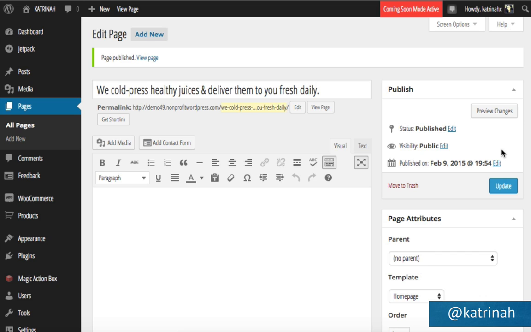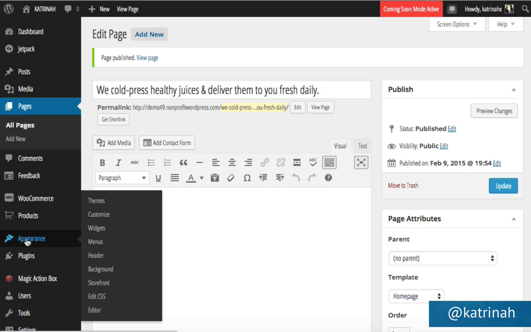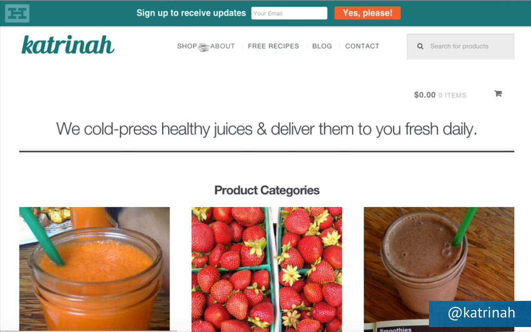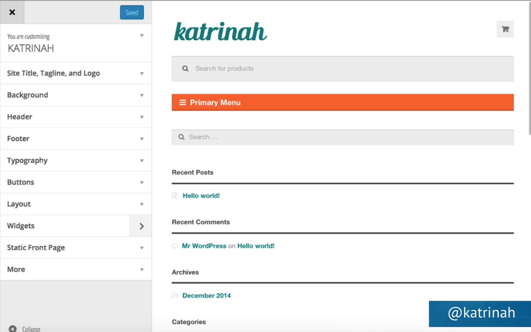The next step is we need to create a static site, and the static site will be the homepage. So next up, let's customize our site by going to the left-hand side, hovering over Appearance and clicking on Customize. This is also where we can set up the header section so that it looks something like this over here with our finished site, with our header here at the top, and then of course we'll have our title of our home page.